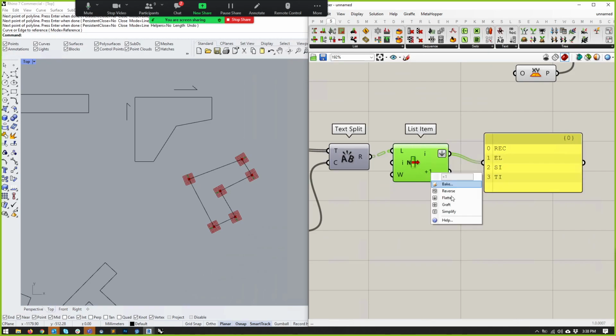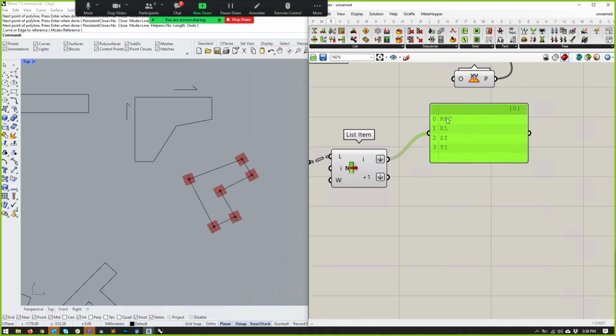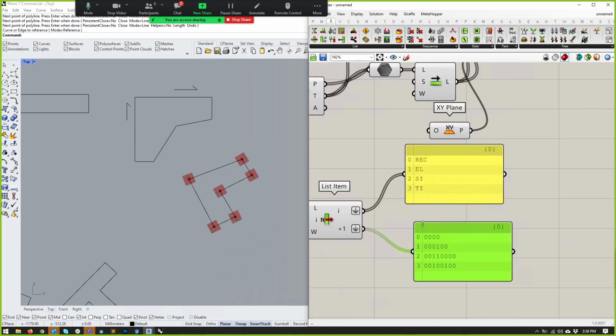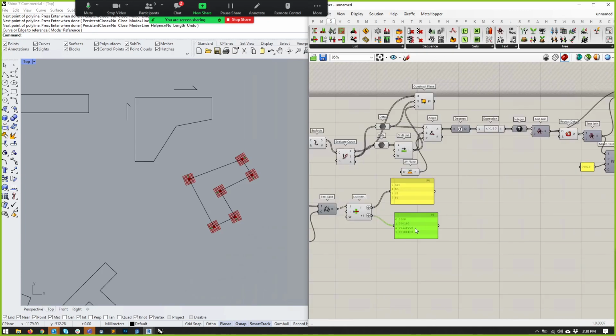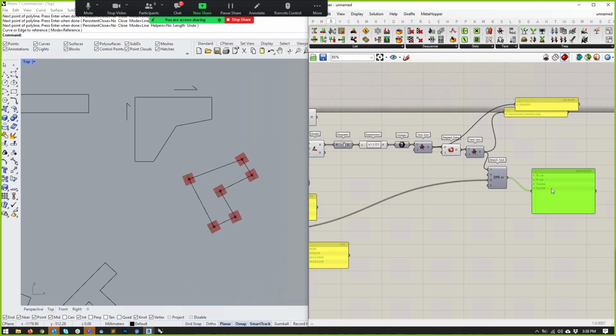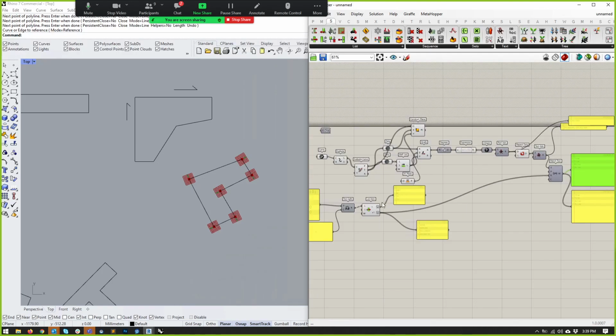So we've got rectangle, L, C, and T, and we've got 0 0 0 0 0 0 0 1 0 0, so on and so forth for the lookups. And we can then, now this is going to fail. I'm just warning you now, it's going to fail, but we're going to work out why, and we're going to solve it. So if I plug this guy in to our pattern recognition,